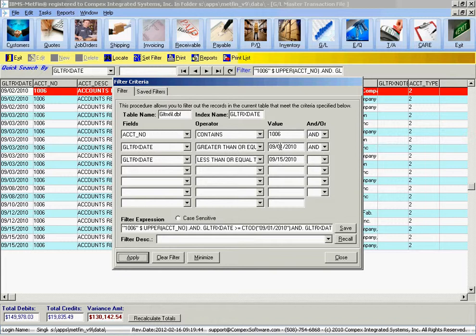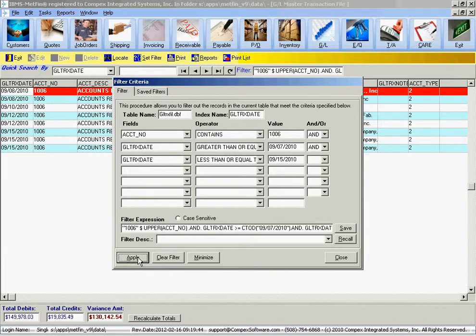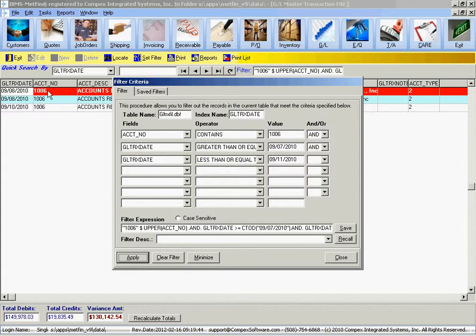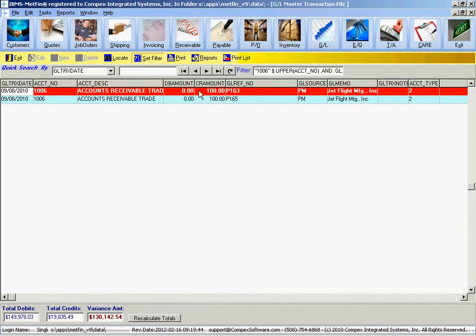Now we can repeat the same process further. Let's do the 7th to the 15th. Again, you can see the list is now cut in half, and you keep repeating this process. So I'm going to go from the 7th to, let's say, the 10th, or the 7th to the 11th. Okay, apply. And you can see the list is now down to just 3 transactions. And if I keep repeating this, let's go down to the 8th here, apply, minimize. Now we're down to just